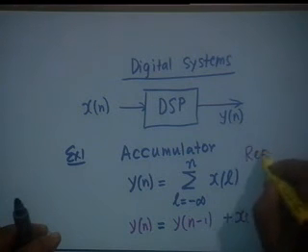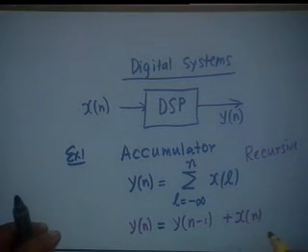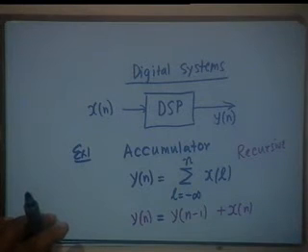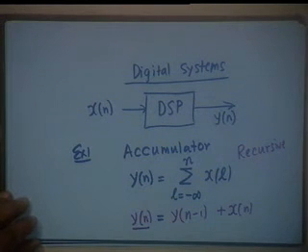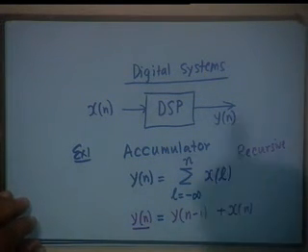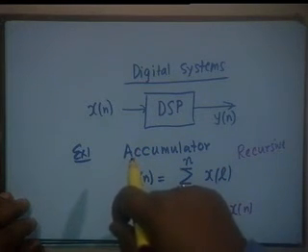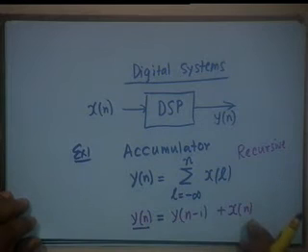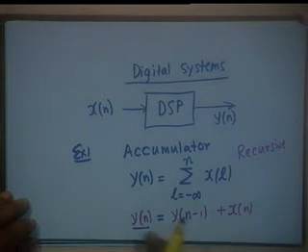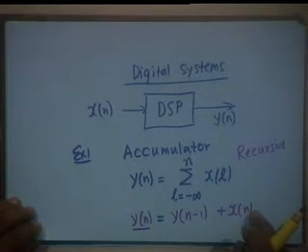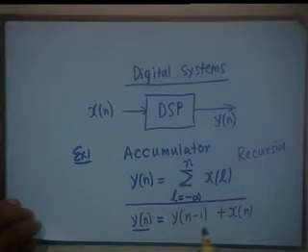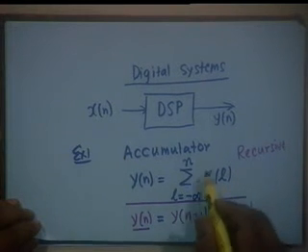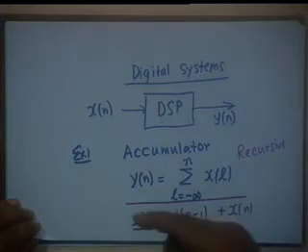Recursive. Why recursive? Because it requires recursion. Recursion is feedback. We have to compute the present output, we have to have the immediate past output, that is recursion, bringing it back from the storage. So, it is a feedback, and then add to the present sample. Whenever there is recursion, feedback, there is a possibility of oscillation or instability. On the other hand, this equation is non-recursive. This equation does not require past output to be brought back.